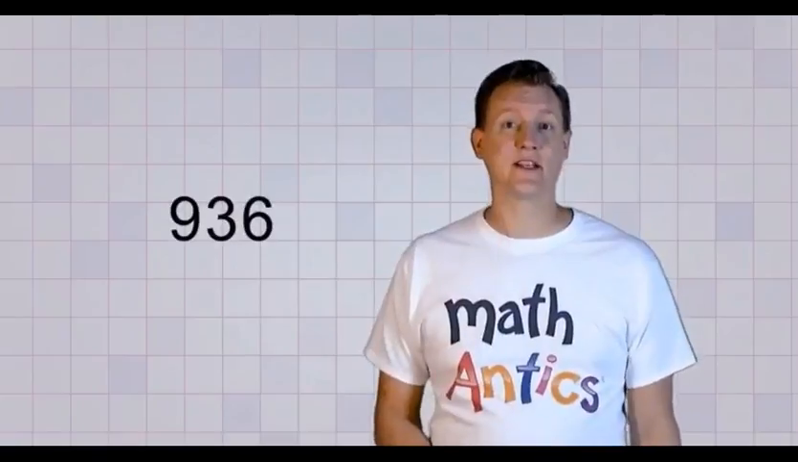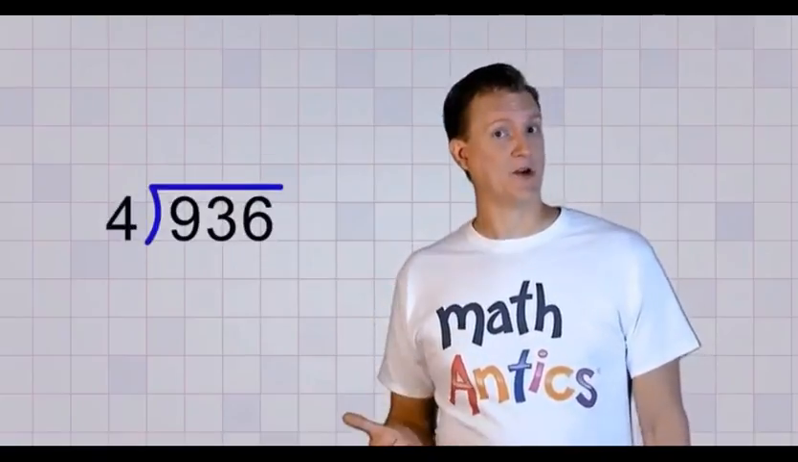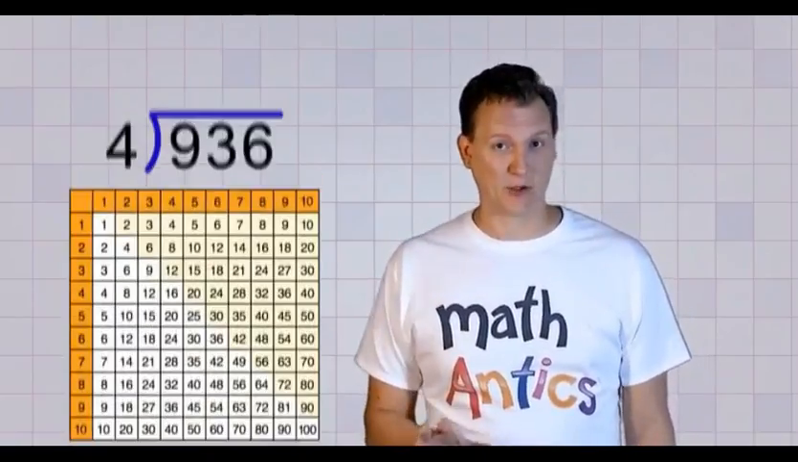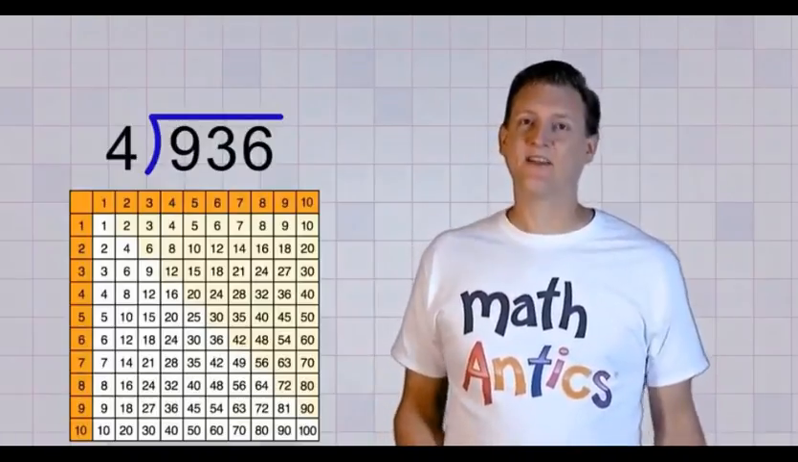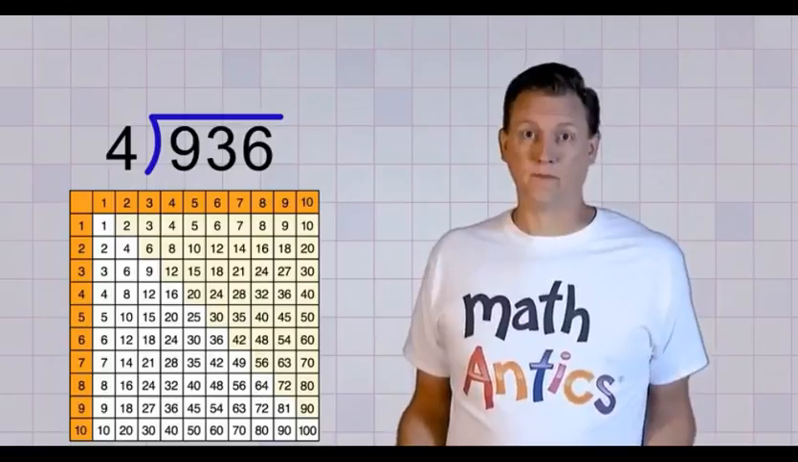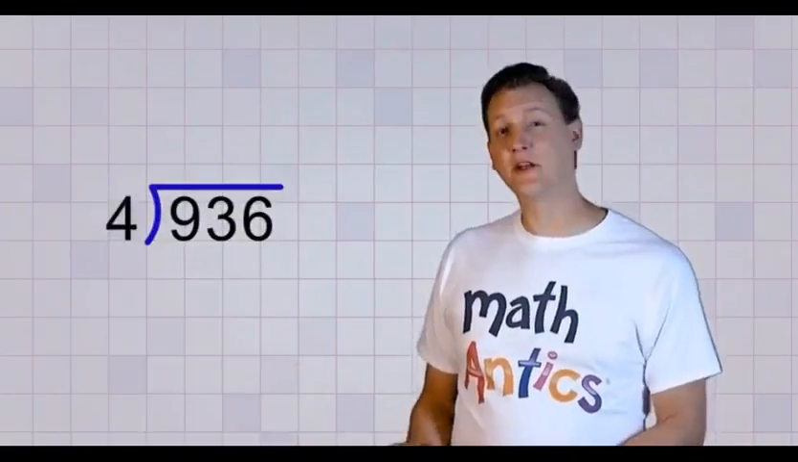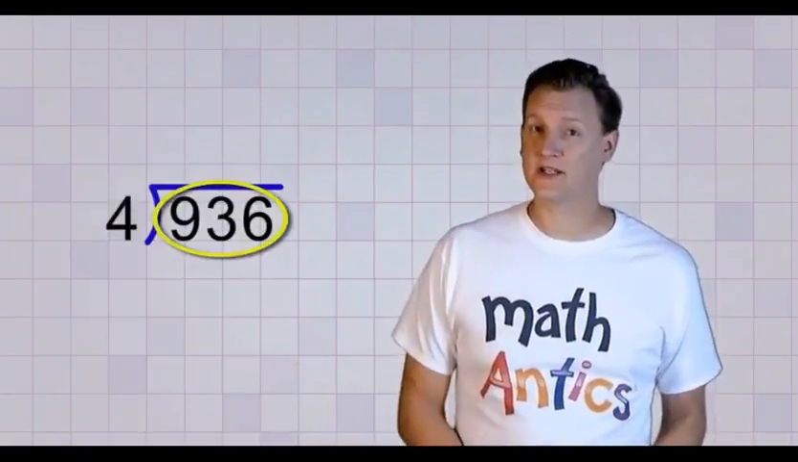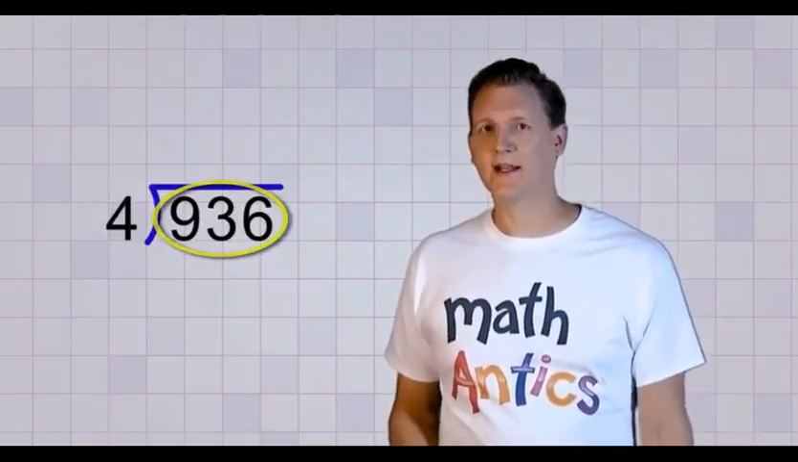But what if we have a division problem like this? 936 divided by 4. 936 is definitely not on our multiplication table. In fact, there's not anything even close to 936. So what do we do? Well, instead of trying to divide the entire 936 by 4 all at once, let's break this